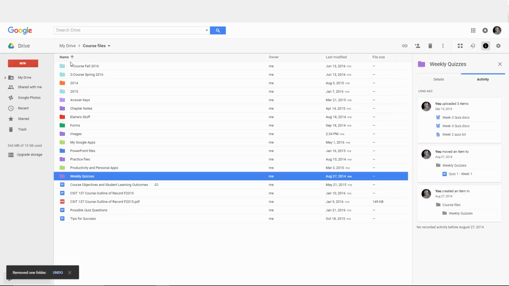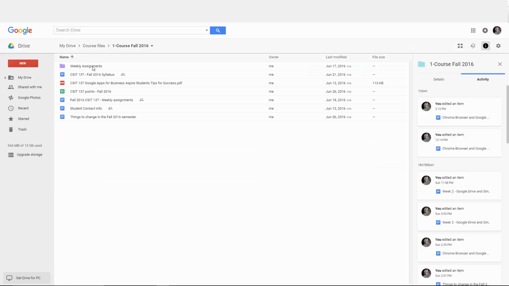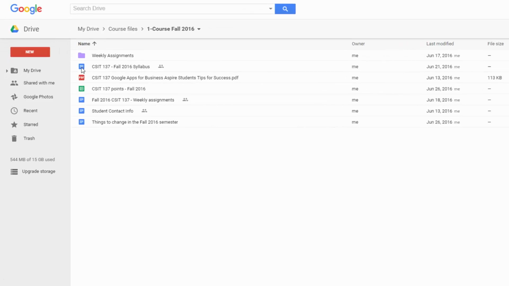To open a folder, you point and you double-click. So this is a folder within a folder, which is called a subfolder, and these are files within a folder. If you look at the icon, that kind of identifies the type of file. So this is an icon for a Google Docs word processing file. This is an icon for a PDF file. This is an icon for a Google Sheets file. I'm going to open weekly assignments,